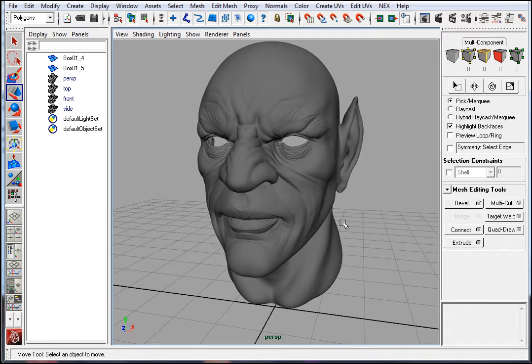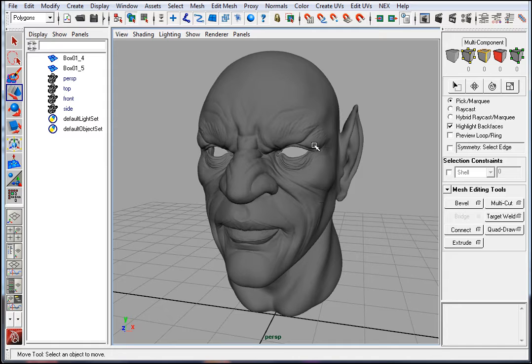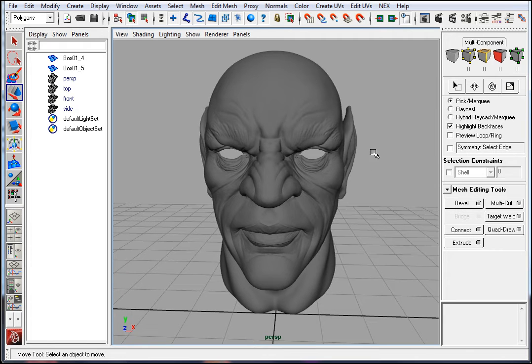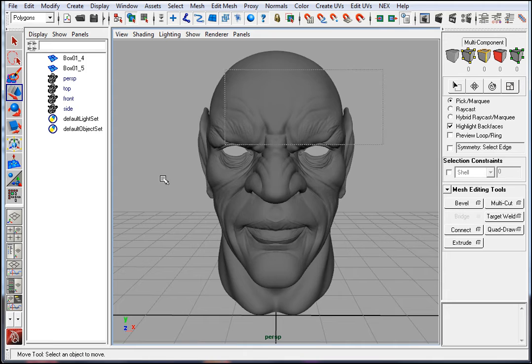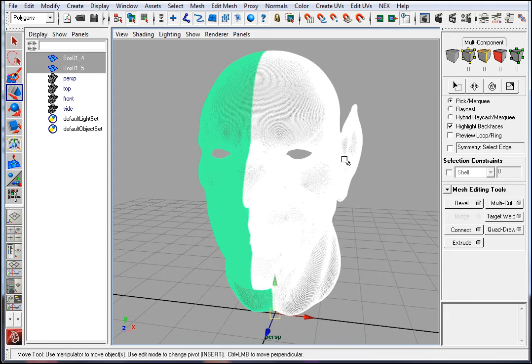In this video, I want to show you how to effectively use Quadra to resurface a mesh, and also share with you some tips and tricks. A couple of them are pretty simple and straightforward. The first thing I want to do is actually select the mesh here, and you'll see that I actually have